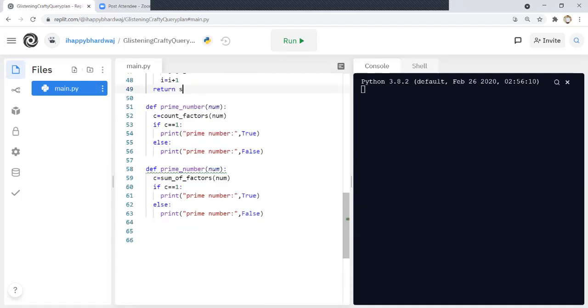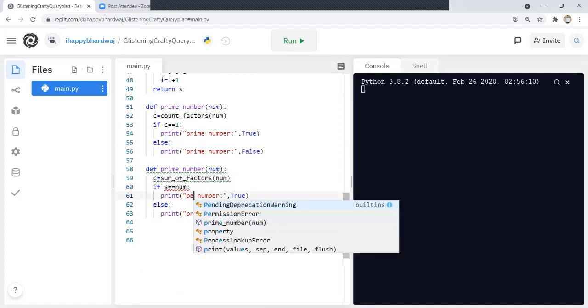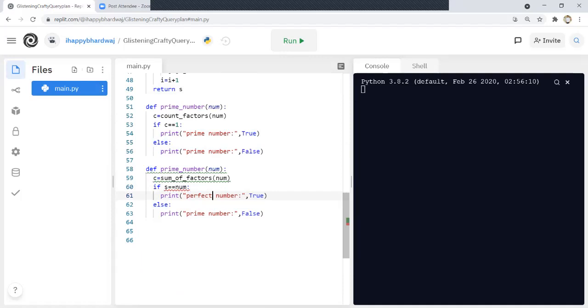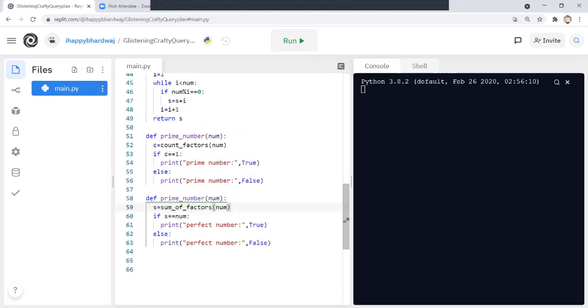Okay, and here now you can add the condition, if sum is equal to num, then it's a perfect number. Okay, so this way we can create here. Also here I need to write here s equal, because I'm checking the sum. Okay, so I created a function to check prime numbers.